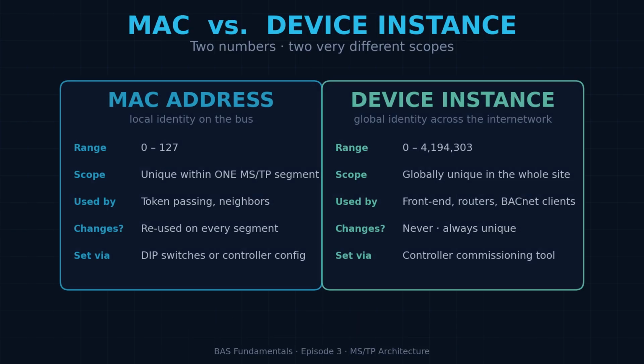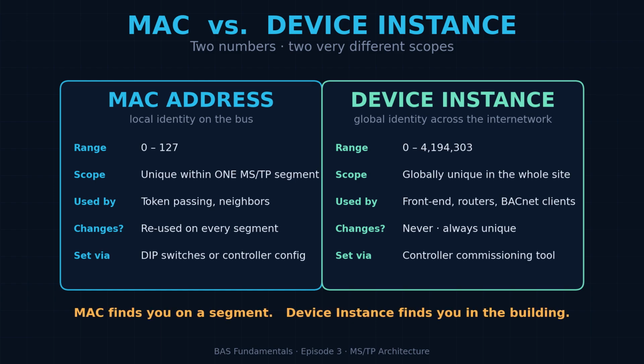Each device also has a BACnet device instance, a separate number between 0 and 4,194,303. The device instance is globally unique across the entire BACnet internetwork, while the MAC address is only unique within a single MSTP segment. The device instance is how a front-end or a router finds a device anywhere in the